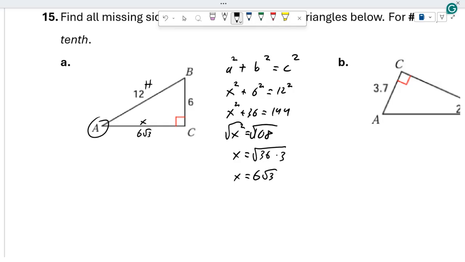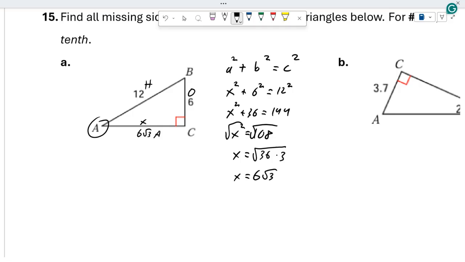And then because I just kind of, quote, randomly chose angle A, I'm going to label the 6 as opposite. I'm going to label the 6 root 3 as adjacent. All right. So now I know all three of my sides, so I could really use any trig function